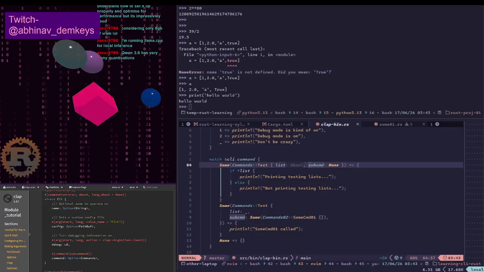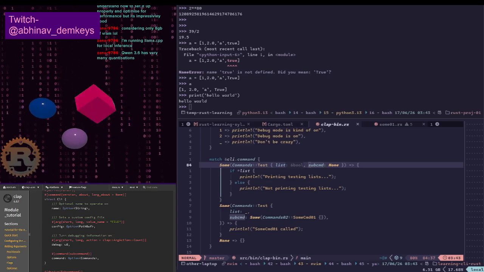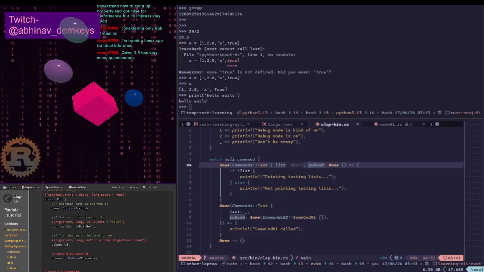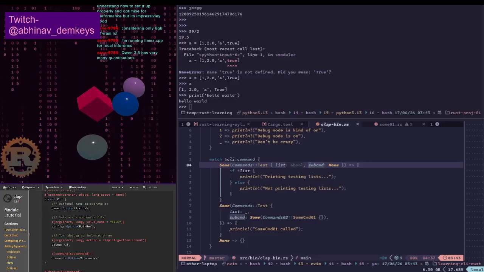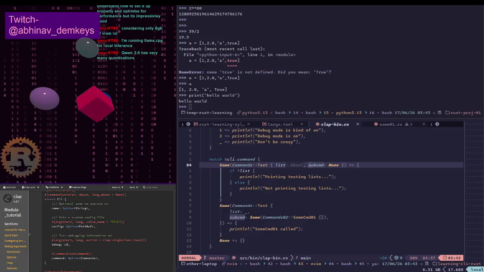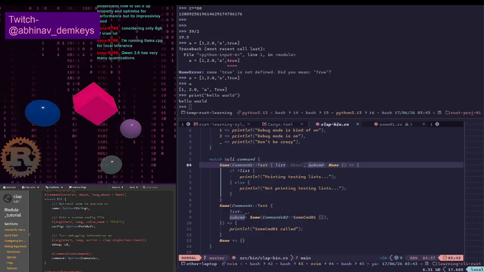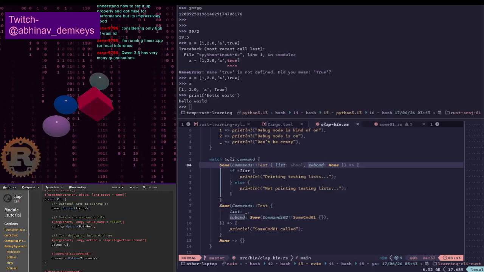I'm running llama.cpp for local inference. Qwen 3.6 has very many quantizations. I actually haven't touched llama.cpp. I'd been meaning to look into both llama.cpp and Ollama, but I didn't get around to doing either of those. I kind of want to finish with